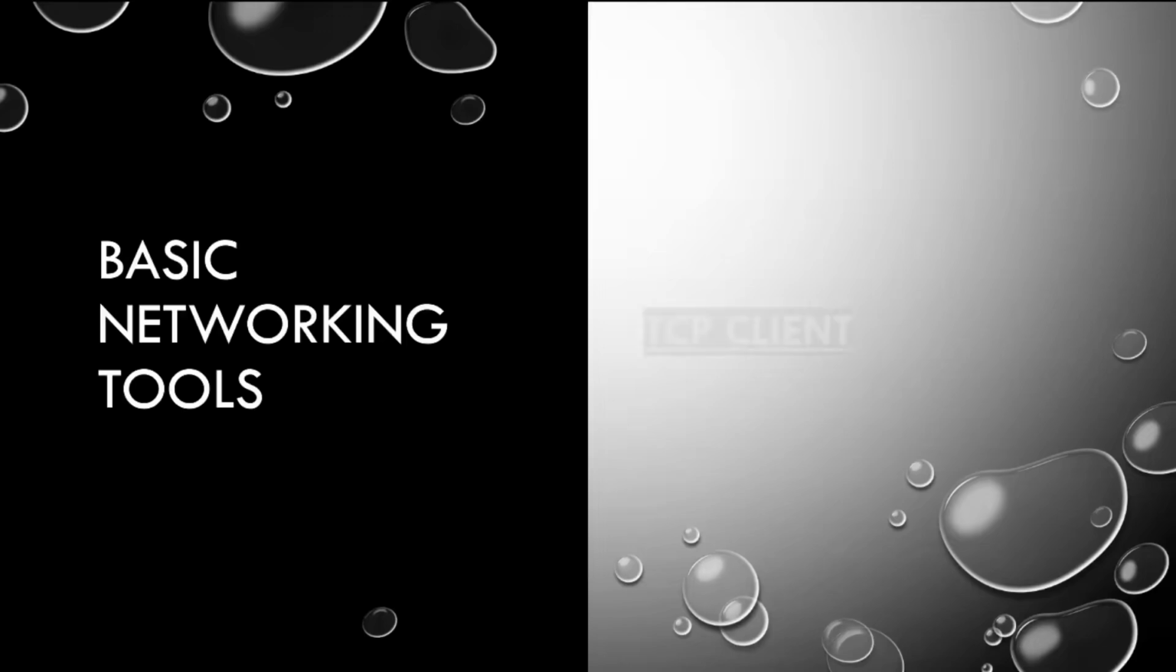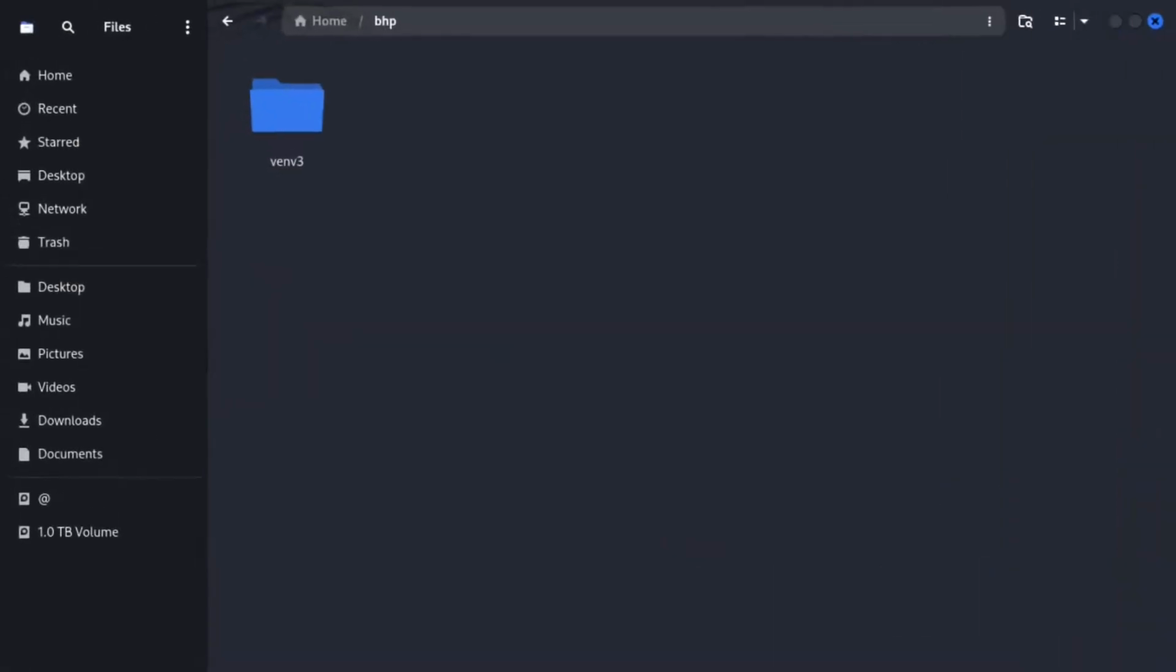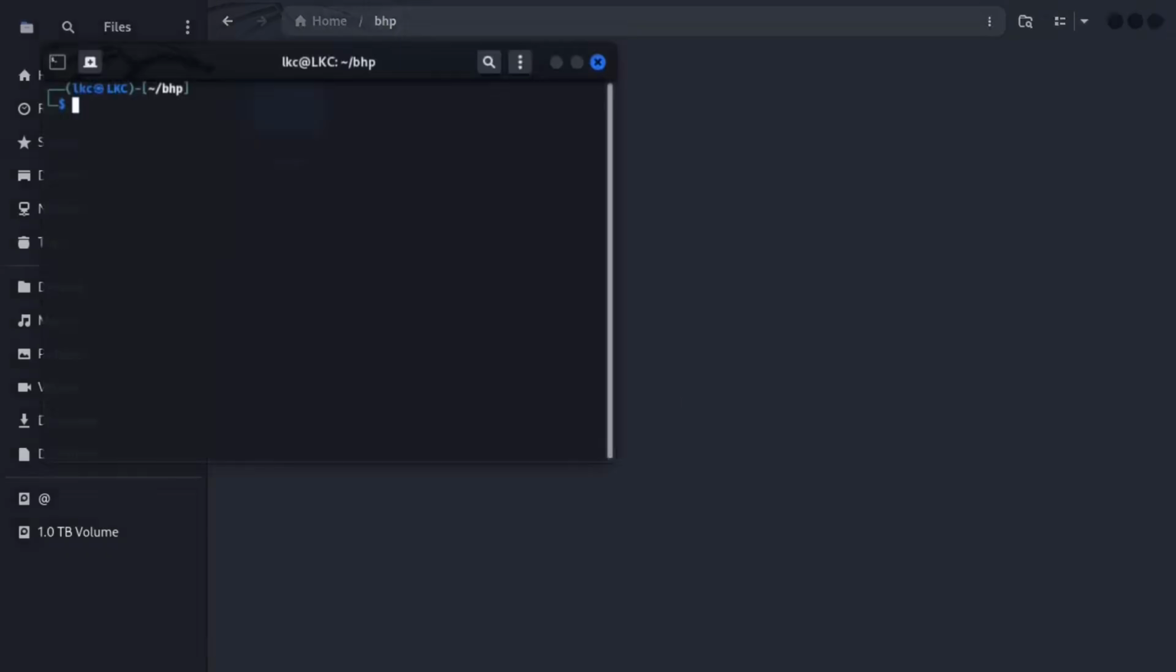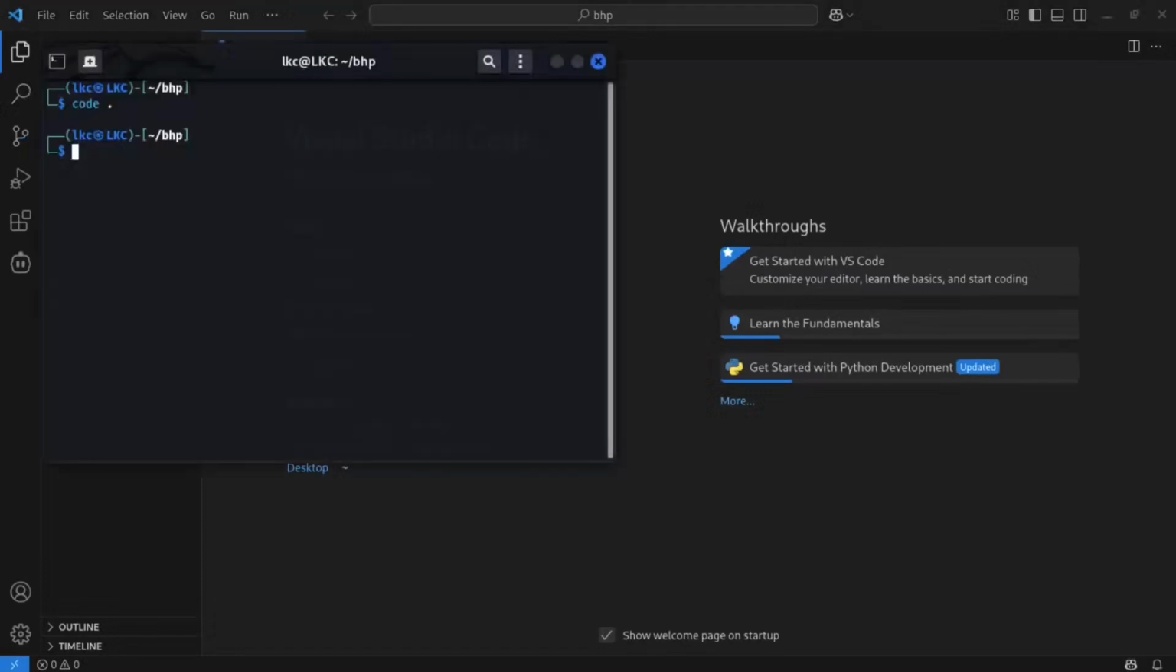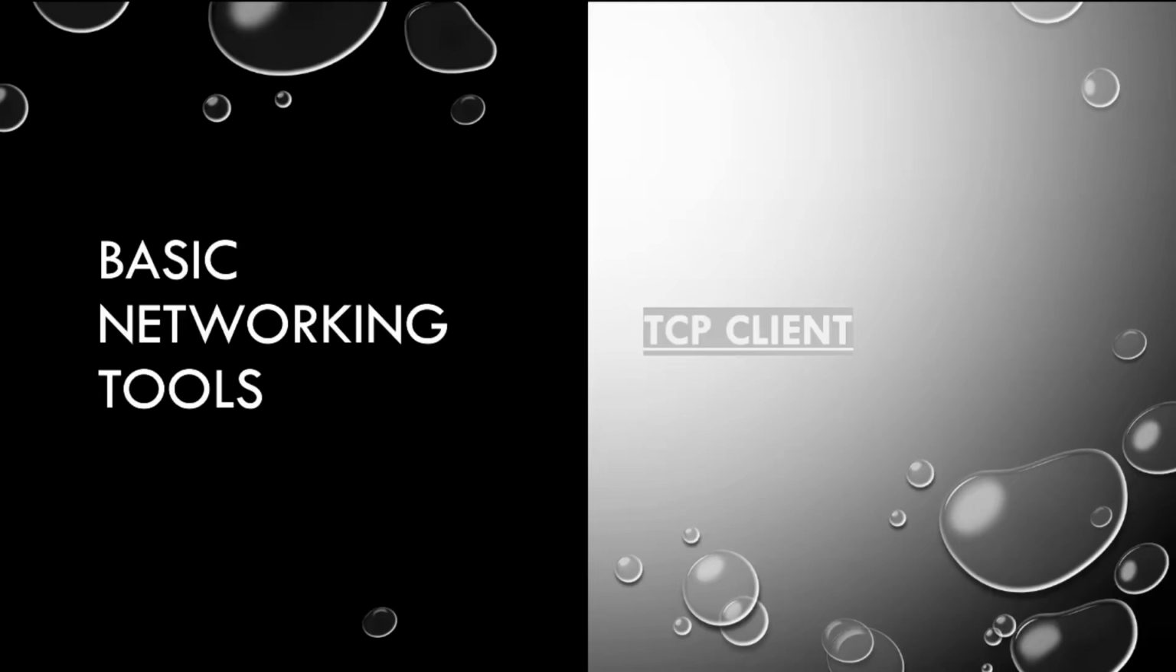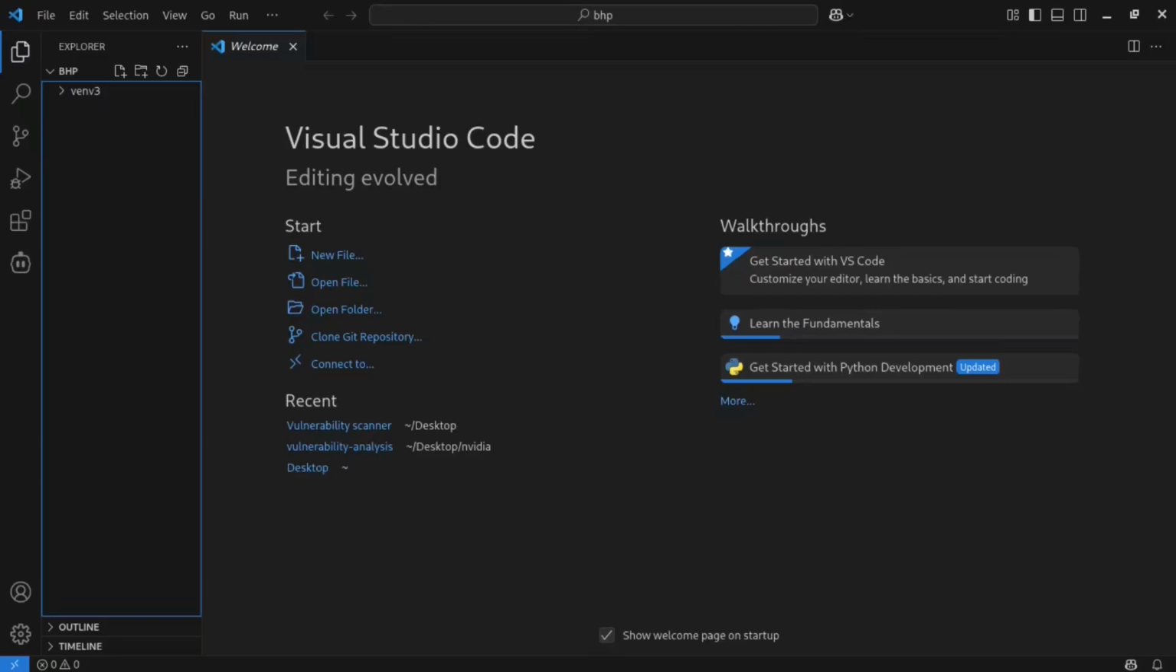So first we are going to cover is the TCP client. It's in the directory which we created yesterday. So I am going to use a terminal to open our code editor in this. So here we are. First we will start with the TCP client. So let's go into our editor and start. I'm going to create a TCP client Python file,